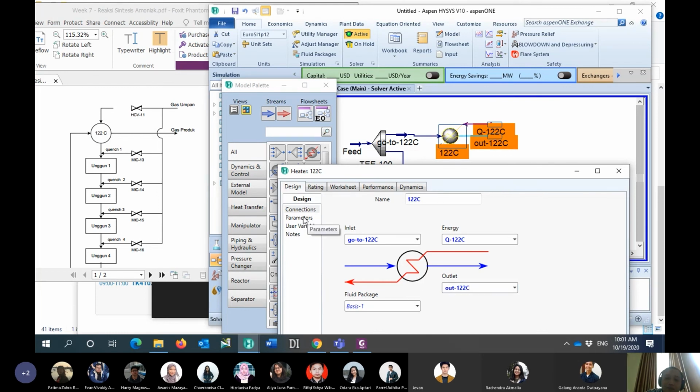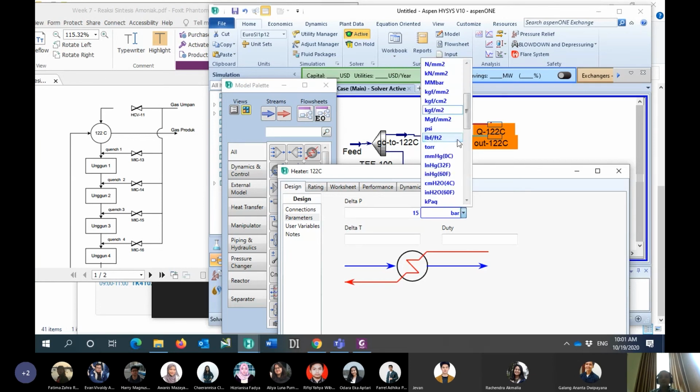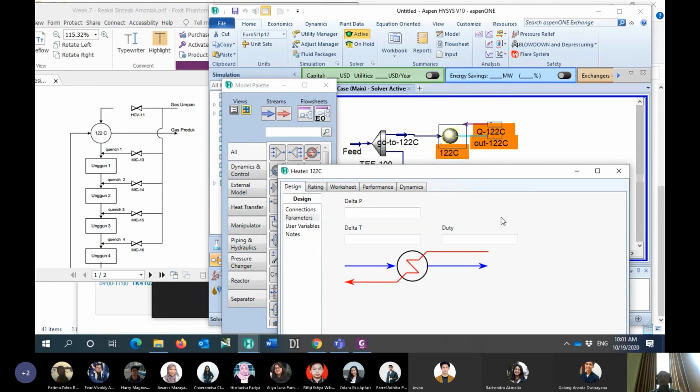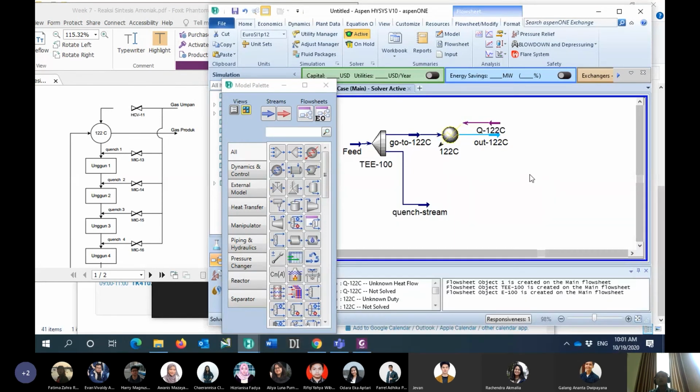Okay, for the parameter, for the delta P, I just put the delta P at around 15 psi, which is actually only 1 bar. Okay, and then how about the outlet?